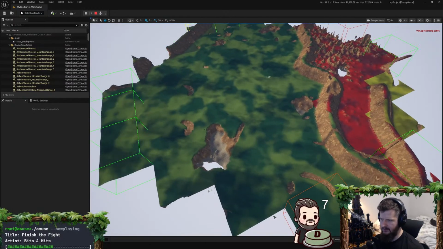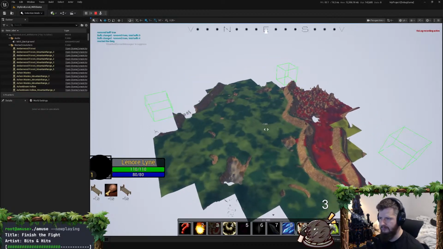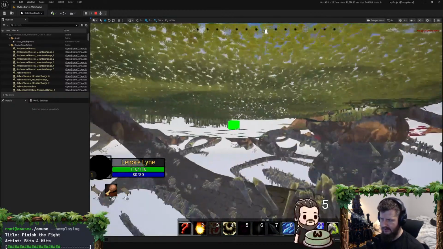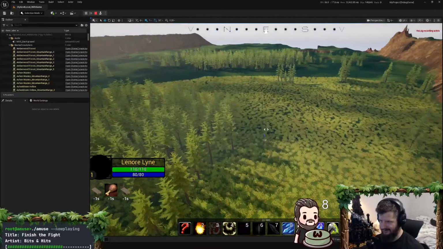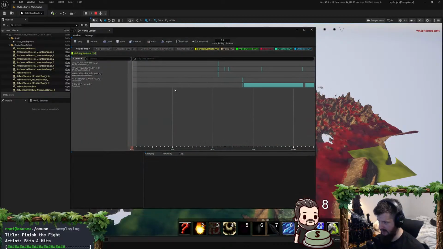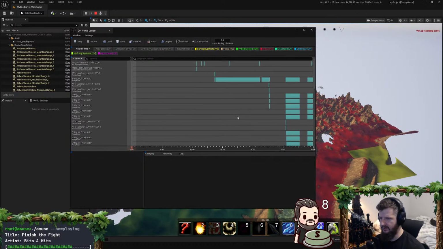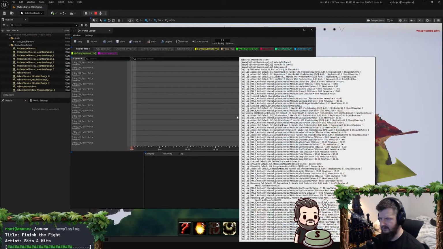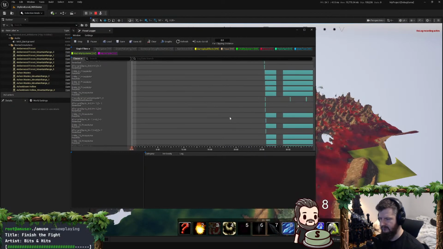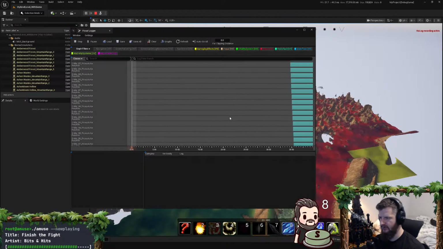Turns out my chunk trace, the DDA traversal algorithm, was not DDAing properly. It wasn't getting the proper chunks. So I fixed that, and now a lot of the scenarios are working out a lot better. I did have breakpoints on the problem scenarios, one of them being if the entity moved too much in a frame, which can happen if they're falling.